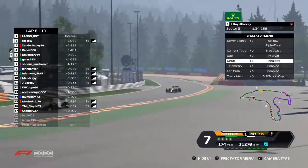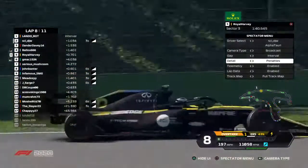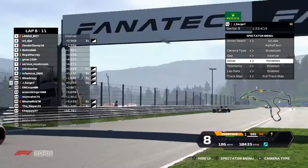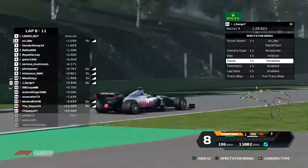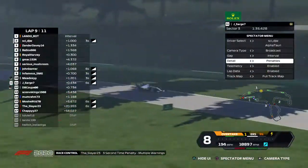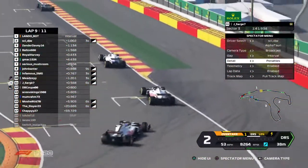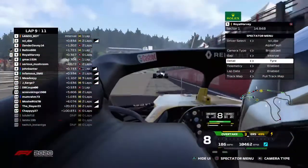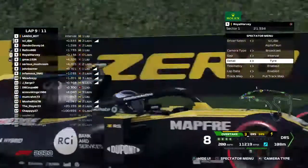John Banter has a 6-second time penalty. Infamous and Meadsy have 3 seconds. J Sarge has 6 seconds worth in 11th place, and is actually quite close to the back of Meadsy for the final point paying position, but J Sarge would have to overtake Meadsy and then pull away from him by 3 seconds if he was to hold on to that position. The Slayer has just picked up his second time penalty rather. He's now on 6 seconds, as well as Moshe in P15. So that's the situation with penalties, and we're now watching Royal Harvey closing in on...